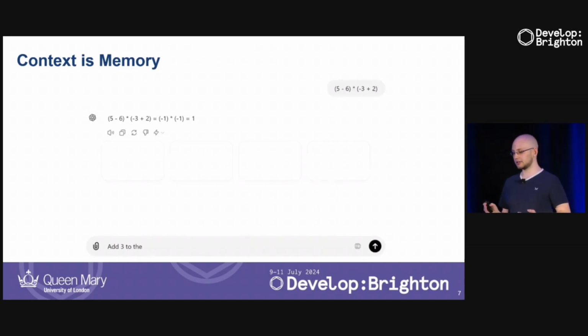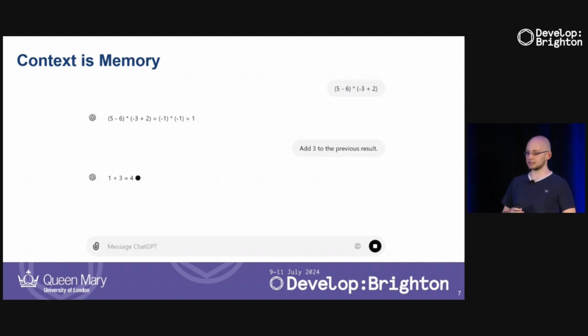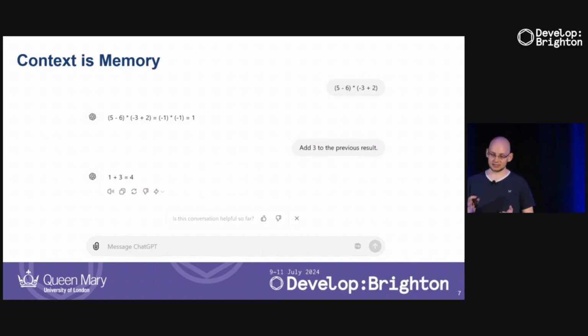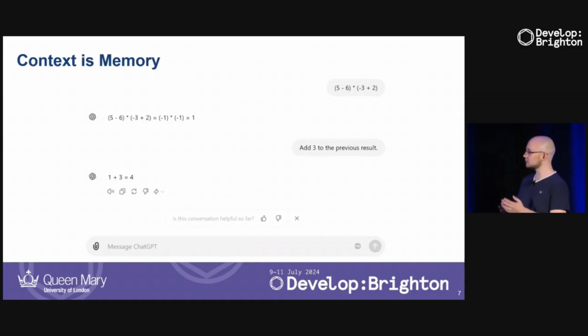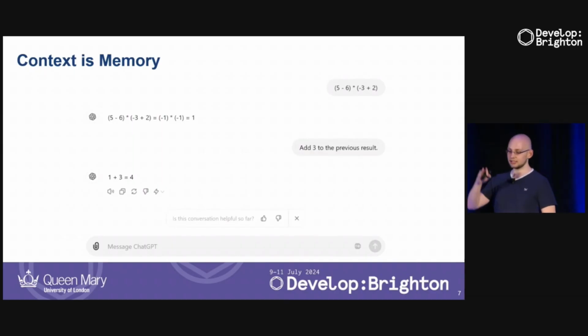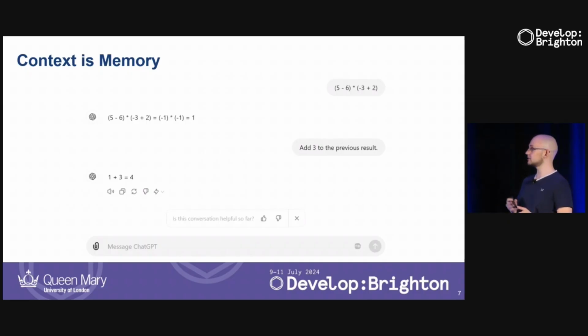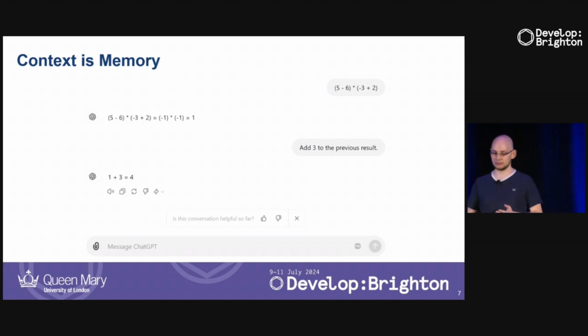And then I'm just asking it, okay, what if we now add 3 to the previous result, which was 1, and then it answers 1 + 3 is 4. What's interesting about this is technically the large language model seems to have remembered what we just talked about, but in reality what ChatGPT is doing is taking the entire conversation that we just had with the language model and passing it back into the large language model so it can analyze the entire conversation. So it then knows, oh, the previous answer was 1, so I can just add 3 to that. So it doesn't really remember. I just call it, given context, it can memorize different things.